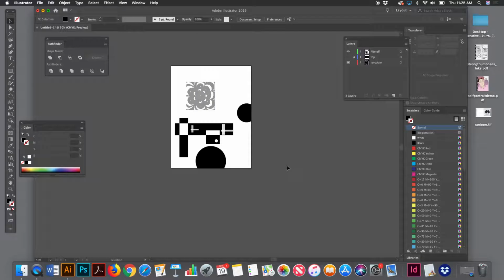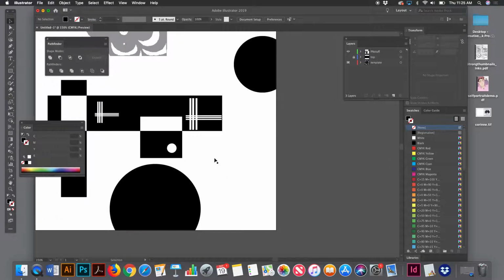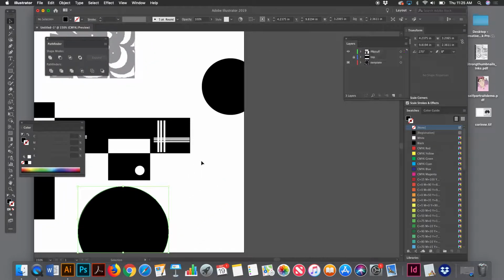Now, the other thing that people will run into that might be something a bit more complex is that we might want to have something that just gets cut off on an edge. So let me give you an example of what I'm talking about. So I might want this circle to be filled with a series of lines. All right? So a really easy way to do this